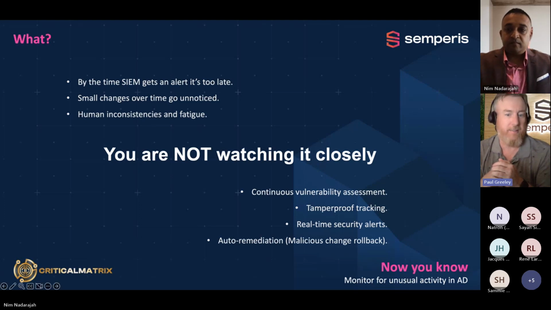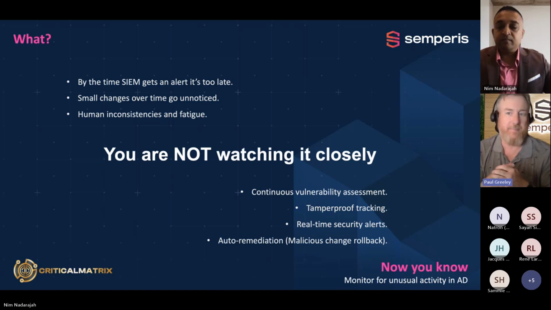Some tools, such as one I specialize in here at Semperis, have the ability to auto remediate. Auto remediate essentially says that if you see this change happening in your Active Directory environment, automatically roll back that change, and then let people know the change happened and was rolled back. I use this for domain admins. We talk about domain admins being the keys to the kingdom.